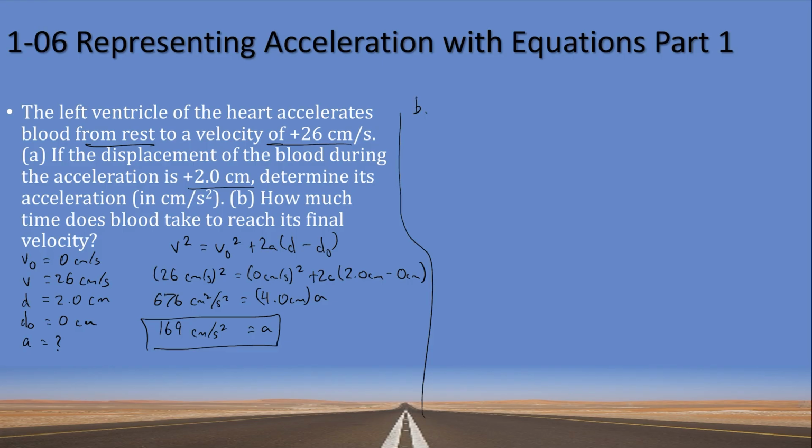Part B. How much time does the blood take to reach its final velocity? Well, we still know that we started at rest and that the final velocity was 26 and that our displacement was 2. So this time, instead of looking for A, let's look for T. Well, I could use this velocity